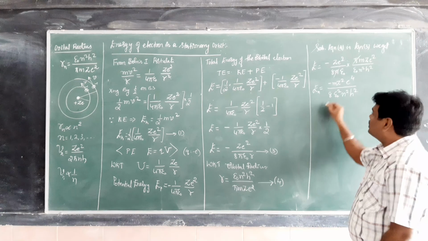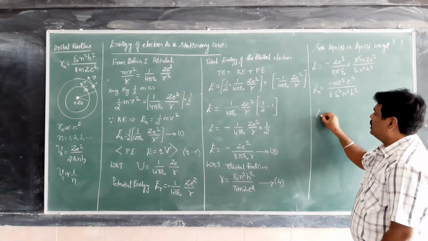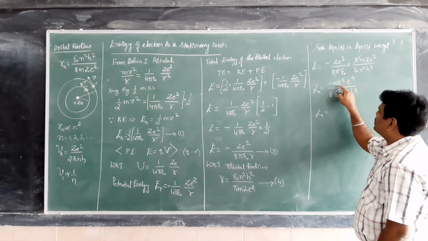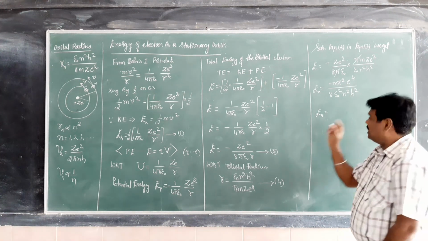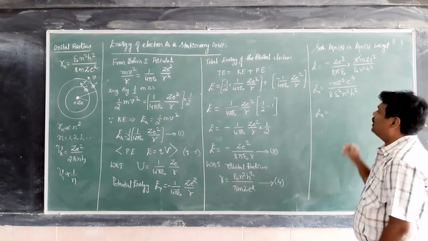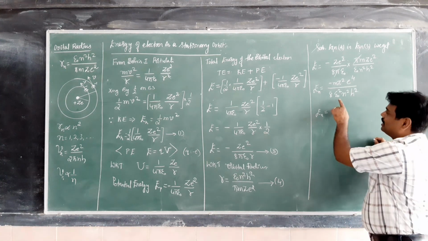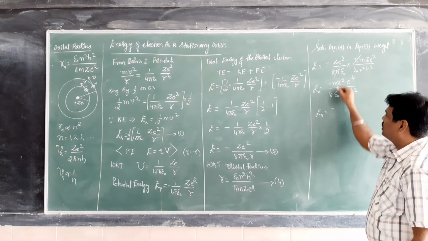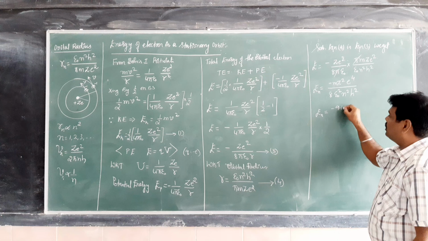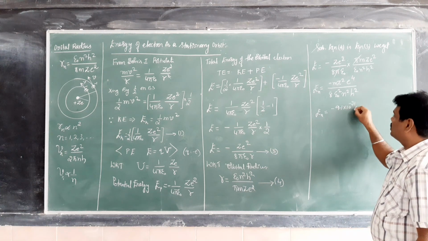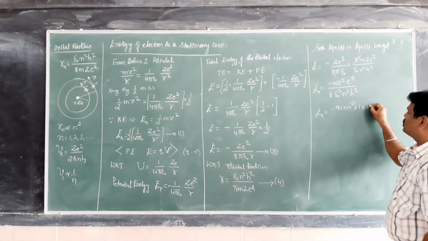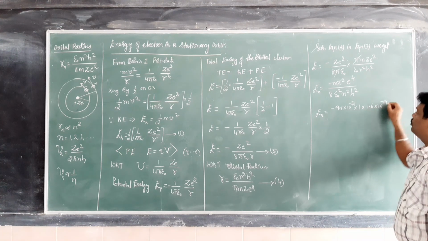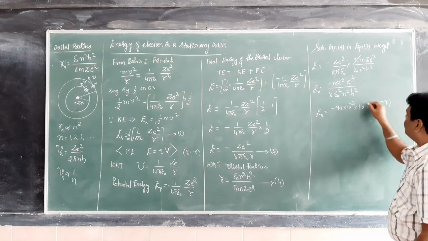So from that, if I substitute all the values, En is equal to, m is constant. For hydrogen atom, Z is also constant, 1. Charge of electron is also constant. So if I want to substitute all the values, m is 9.1 into 10 to the power of minus 31. Z is 1 for hydrogen atom. Charge of electron is 1.6 into 10 to the power of minus 19 coulomb, whole to the power of 4.